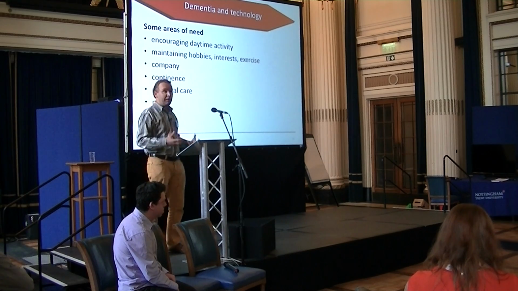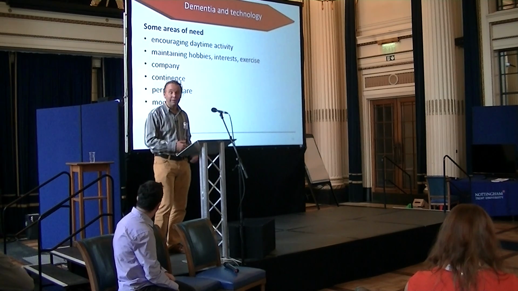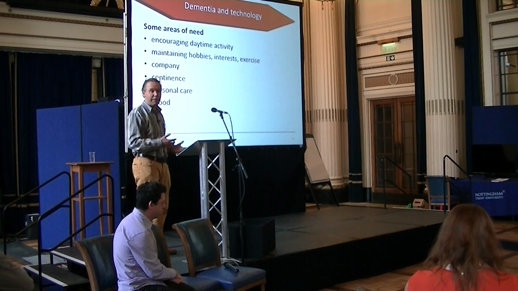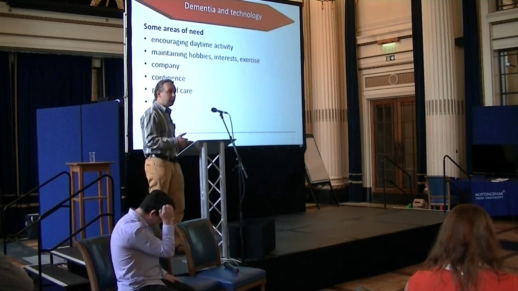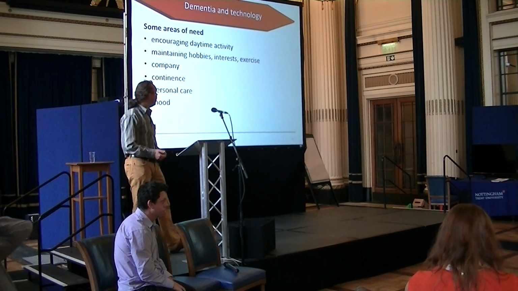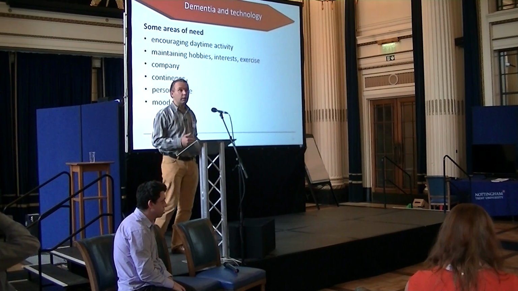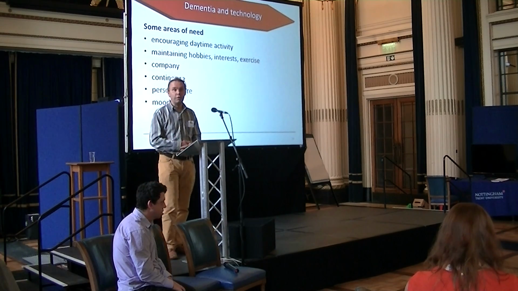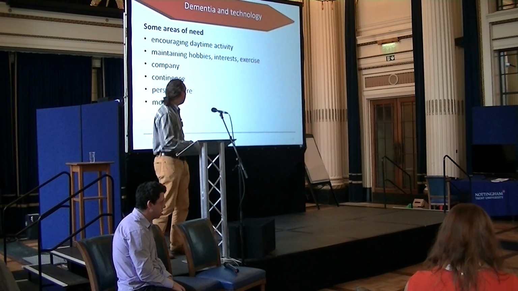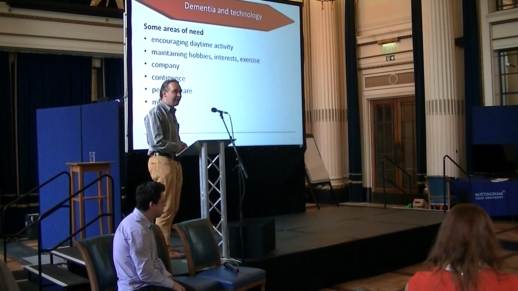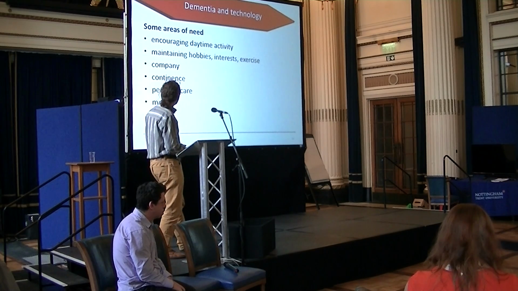Dementia can have an effect on what you were doing before you had your diagnosis of dementia, or the effects of memory loss, for example. And so how could technology perhaps support somebody in maintaining hobbies that the person was doing before, maintain their interests, and also continue to enjoy life and exercise and do all the things that we're asked to do generally, and that we would like to do.